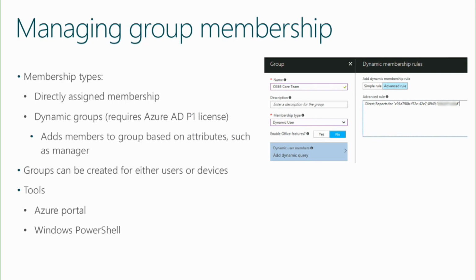Once you create Azure Active Directory users, they can be placed in groups for any number of reasons, either directly or indirectly. A directly assigned group is when you create the group and then you manually add individual user accounts to it. A dynamically created group is a type of group where you don't add the specific user account, but rather you define the membership via a characteristic. For example, everyone who is in the sales team. So if their user account has a property which is sales team, they're automatically a member of that group.